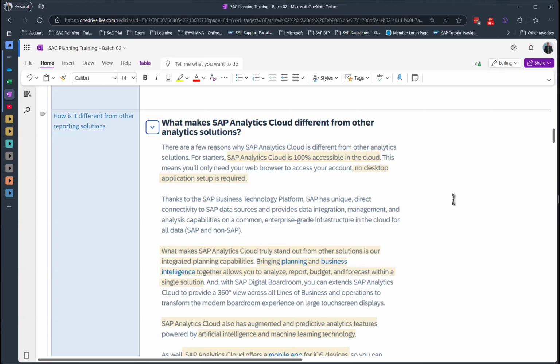So S/4HANA, BW/4HANA, SuccessFactors, Ariba, all the different SAP software, cloud-based or on-prem, will have very strong integration with SAC. You can do live reporting. You don't even have to load data in SAC. You can do live reporting from the SAP source systems.